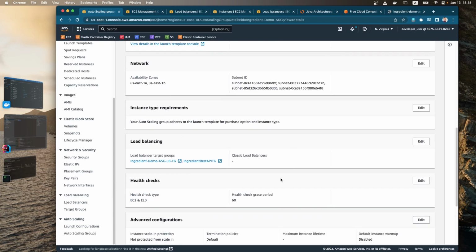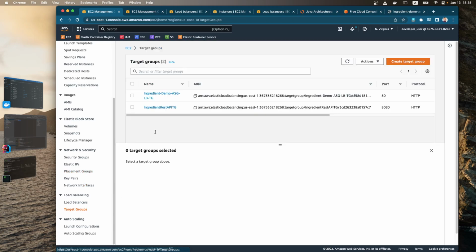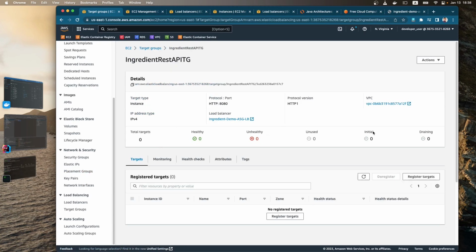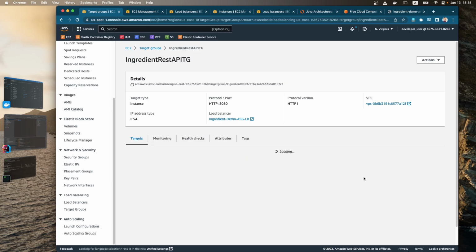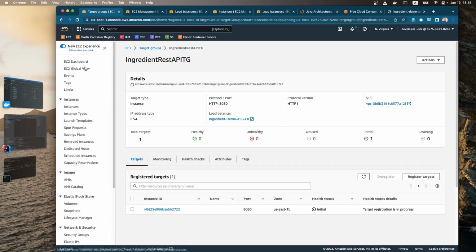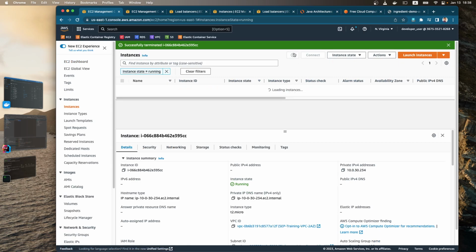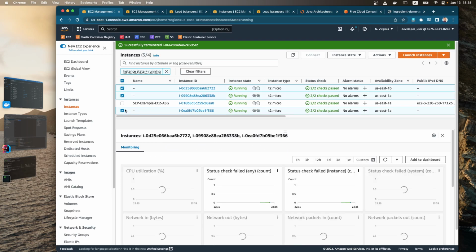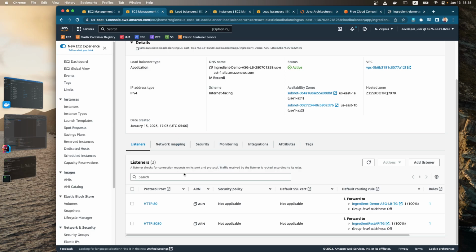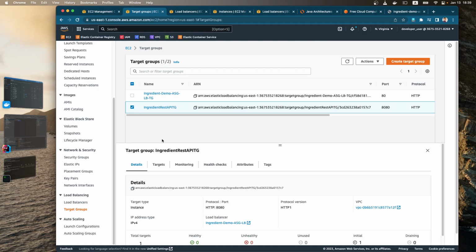At this moment, I'm not sure whether it will automatically assign the instances there. Let me check. It's not assigned. Oh, it is assigned actually. Let's see what's going on in the dashboard. No new instance is created, right? So no new EC2 instances are being created. We still have those three. And in the target group,